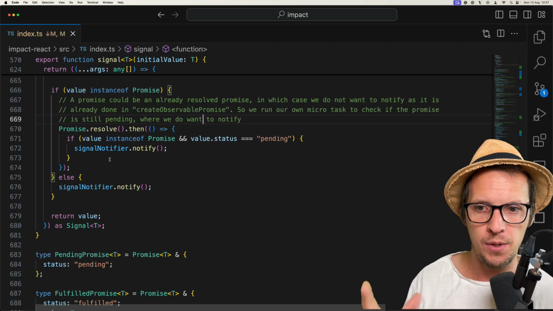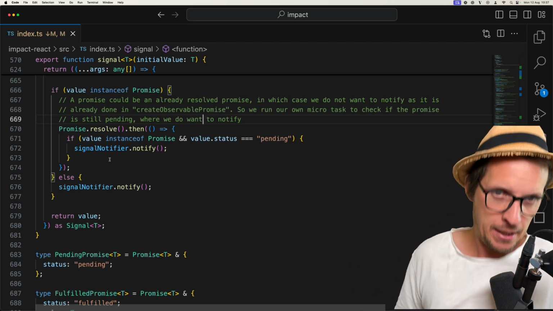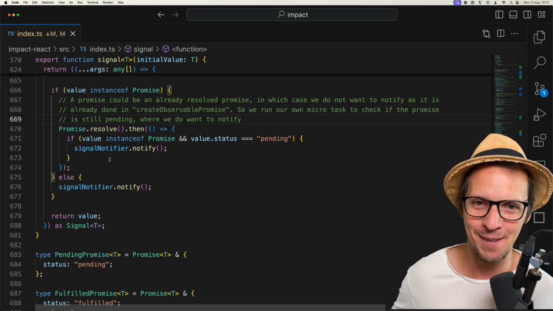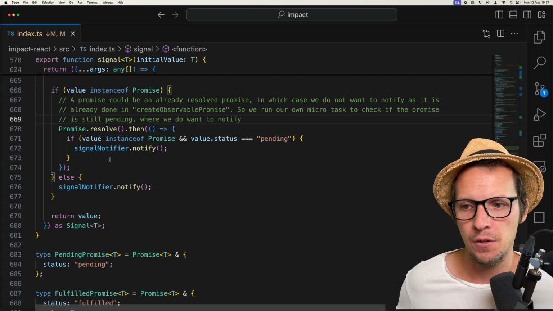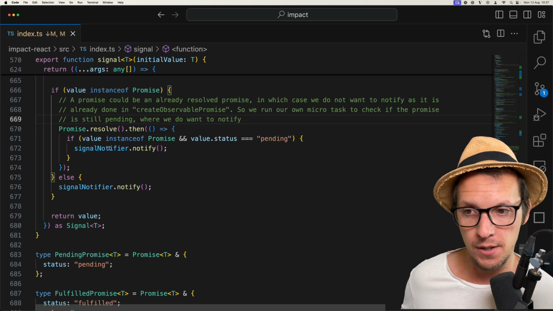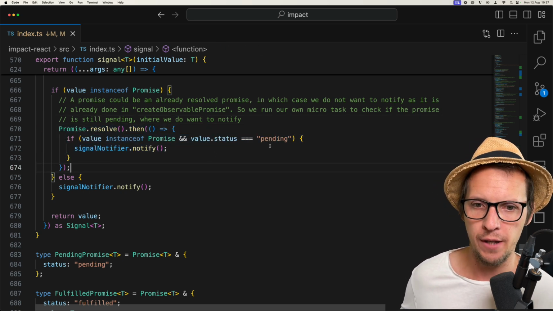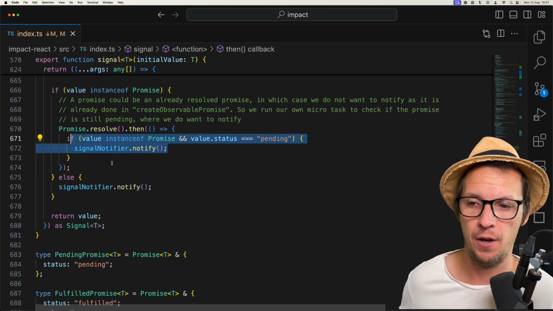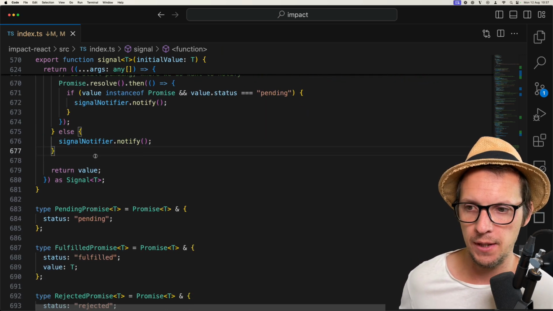For setting the promise, and then again immediately, well, not synchronously immediately, but microtask immediately, the resolved value. So we can very simply figure that out by waiting a microtask, and only if it's still pending, we're going to notify. But if it's not a promise, we'll of course notify immediately when the